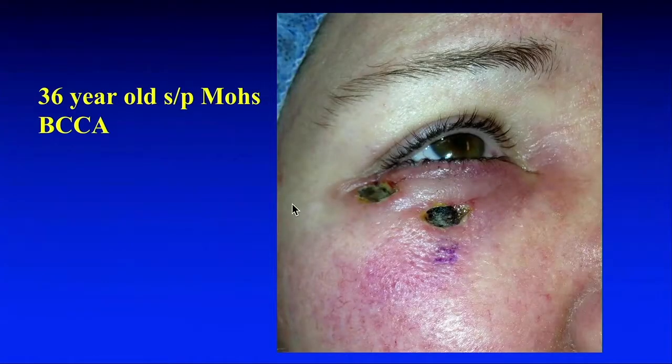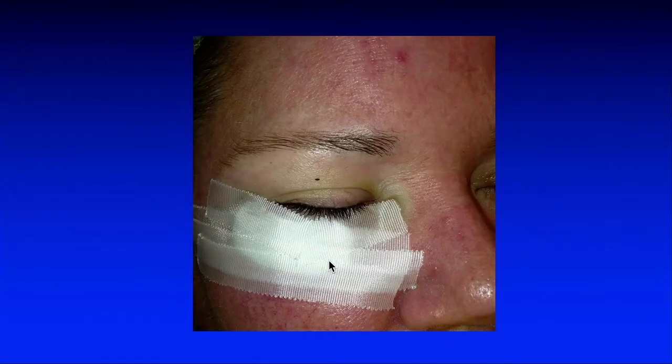Nothing else. That's it. Now, here's a 36-year-old woman, and in Texas, everybody has sun damage, so it's not uncommon to have 30-year-olds with skin cancer. So she comes in from the Mohs surgeon, and you notice she has acne, rosacea, terrible skin, thick pores. She comes in with 2 basal cell defects, and they're packed with Surgicel, so they're kind of deep. I did the same thing with her, the sheets and the powder, and we patched her